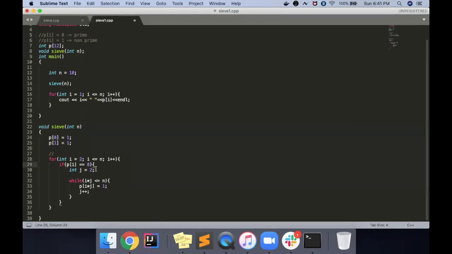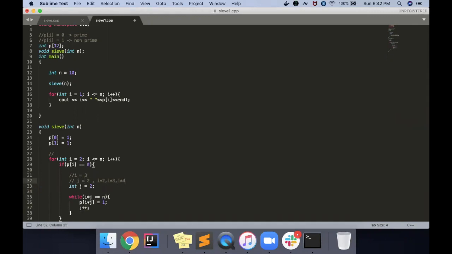Then we saw here if it is 0, basically if it is a prime, then I am just marking the multiples. You can mark your multiples in any code. It's up to you. Don't just copy my code. Basically what it is doing is just marking the multiples. So let's say if i is 3, I am starting from j as 2 because the multiples of i will be i into 2, i into 3. Then I'm marking i into j is equal to 1 and I'm increasing the j.